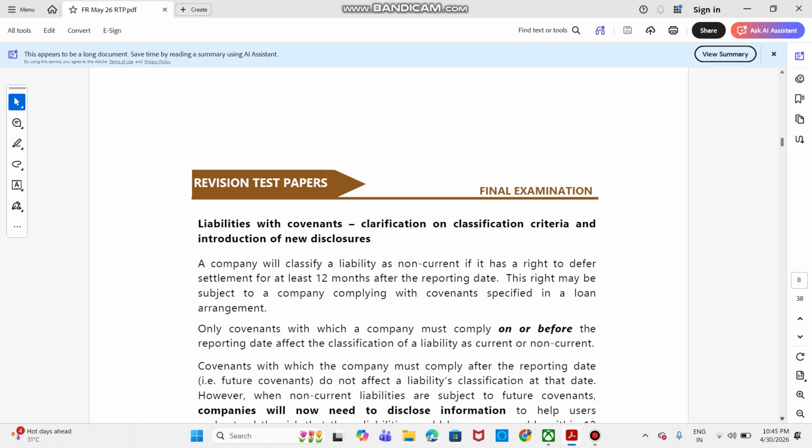So a company will classify a liability as non-current if it has a right to defer settlement for at least 12 months after the reporting date. This right may be subject to the company complying with the covenants specified in the loan agreement. The criteria should be complete. So only those covenants with which a company must comply on or before the reporting date will affect the classification of the liability as current or non-current. The covenants with which a company must comply after the reporting date do not affect the liability's classification